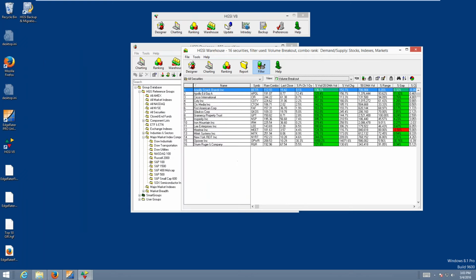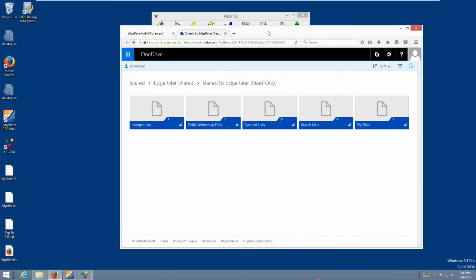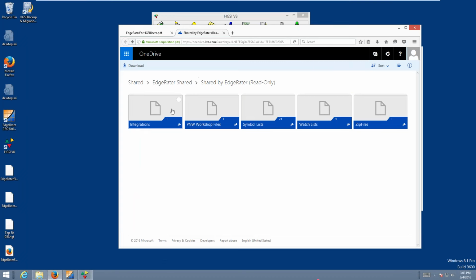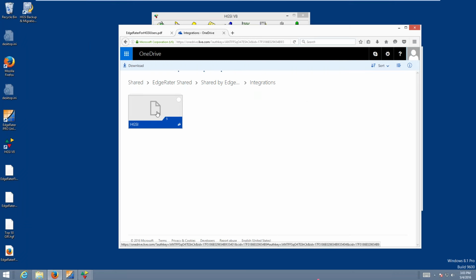The very first thing to know is the location I gave you before of files, the edgerater.com/shared folder location. If you open that up in your browser, whether Firefox, Explorer or Google Chrome, you'll come to this shared folder location. As I said, this has all kinds of supplementary files that I put in the cloud, and you can just download these. If you go into the integrations folder and then into HGSI,